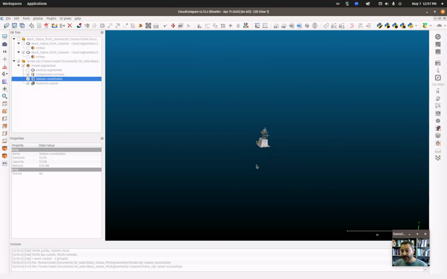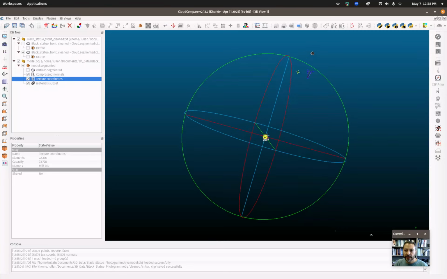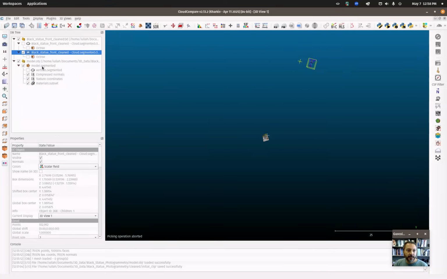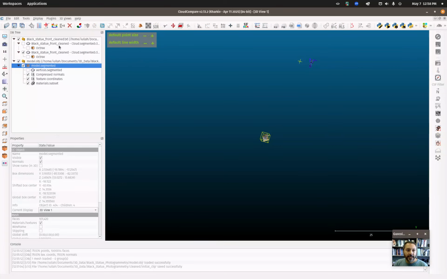So the next thing that we need to do actually is to align the two clouds so that we can actually compare them together. So we need to get them to be registered, co-registered with each other, and that is super important to be able to do that. So let's open up the other one and zoom out until we can basically see it. And what we need to do is I want to stick the point of view over there again, and making sure we have this model, we need to